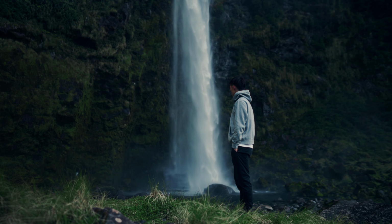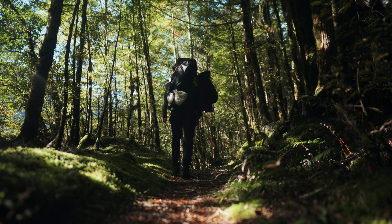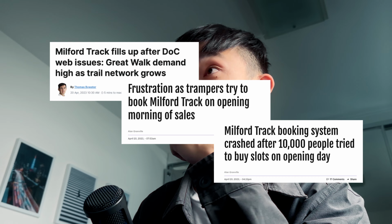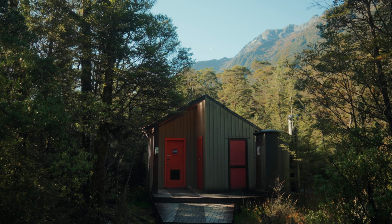This is a hike that sells out in 3 minutes, and quite possibly the best hike in the world, the Milford Track. I literally had to refresh my page like Ticketek 9 months ago in order to snag a ticket for me and 3 friends. I think we're going. This is literally a year from now. Let's go. This 4-day, 53-kilometer hike is often considered the most beautiful hike in the world,